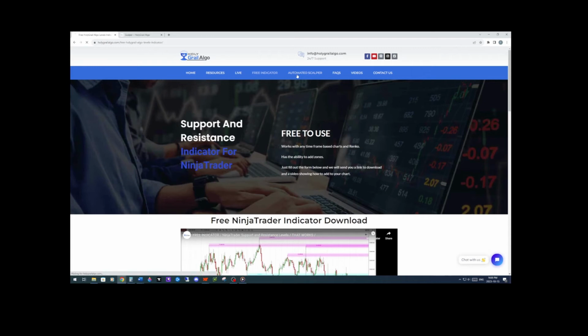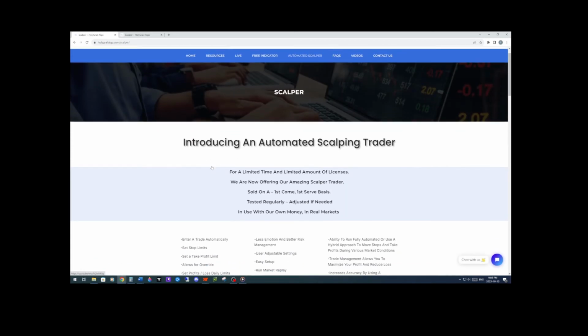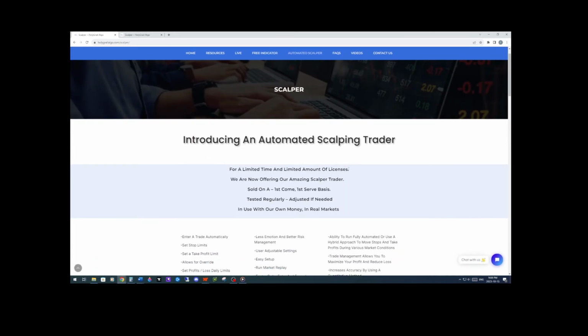So go back to the scalper here. And so they have a limited time of license, so they're trying to limit the amount of people that they take in for now to keep their amazing customer service levels, and just not get overwhelmed with like